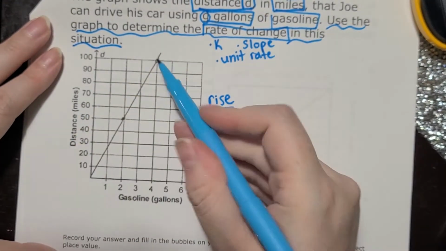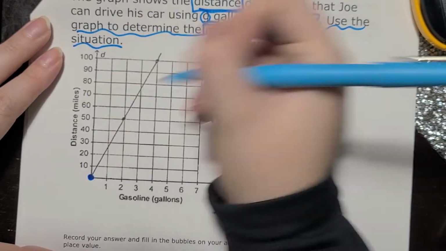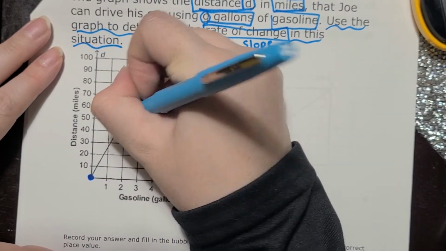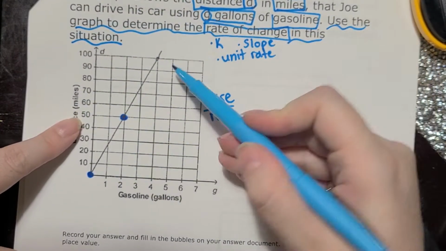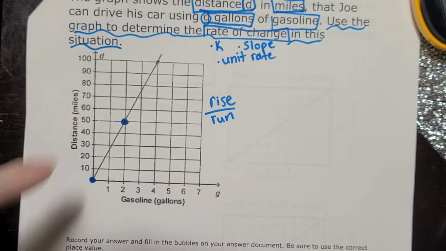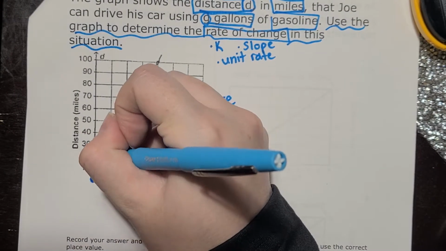So this is proportionate. I see it come straight through my origin, so I'm going to start here. And it already has a pretty point for me. So I have 50 and 2. I know a lot of you took that y and divided it by your x, and because it's proportionate, you can do that. But even if you do your rise over run, and I'm coming all the way up,